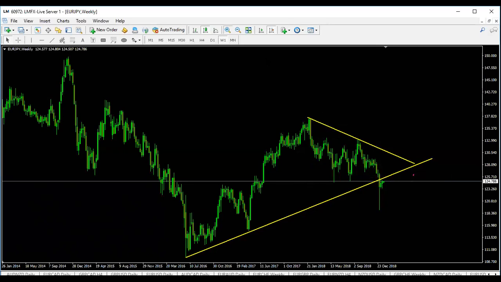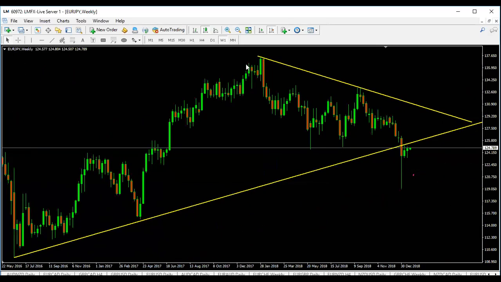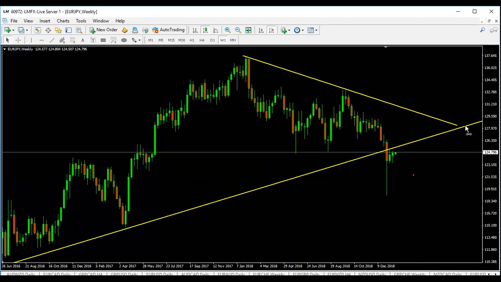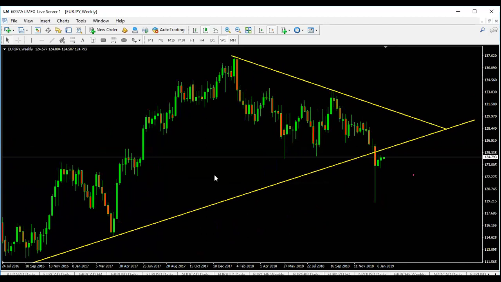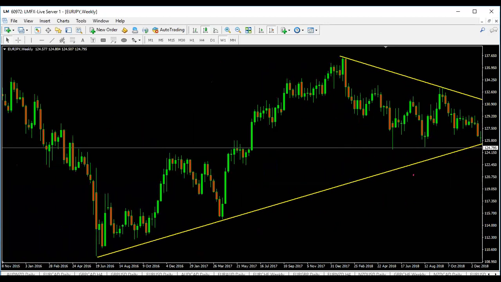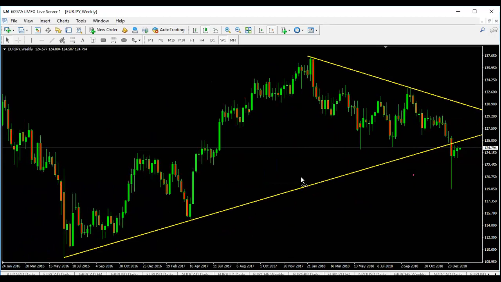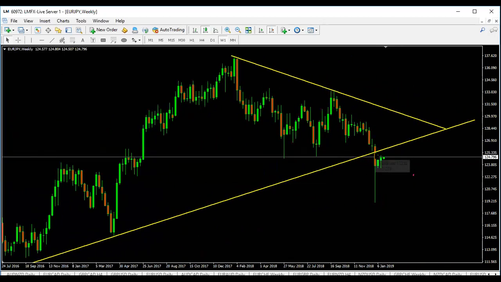If I zoom in, I have my point 1 and my point 2 with no intersecting wicks or bodies going through. Need to move this one up a little bit. You can see right here, I have my point 1 and my point 2 with nothing intersecting until here. Now, when we saw this triangle,